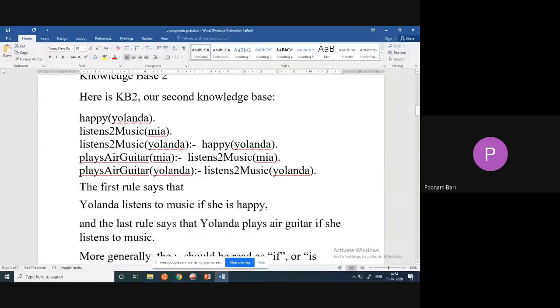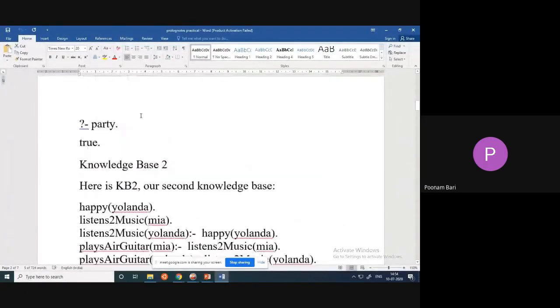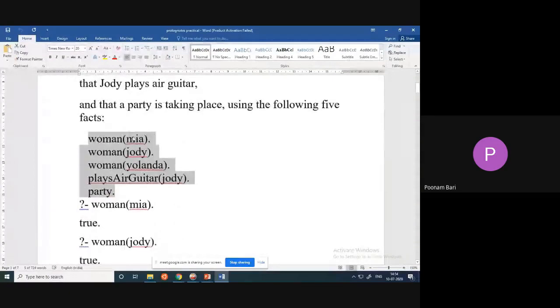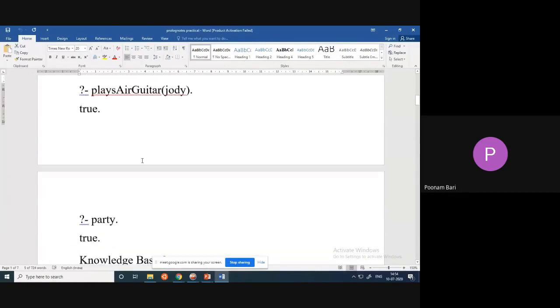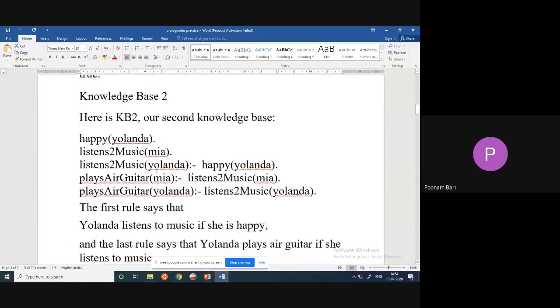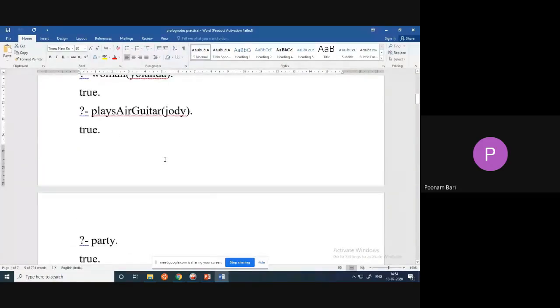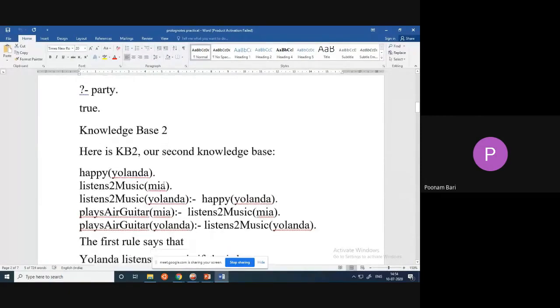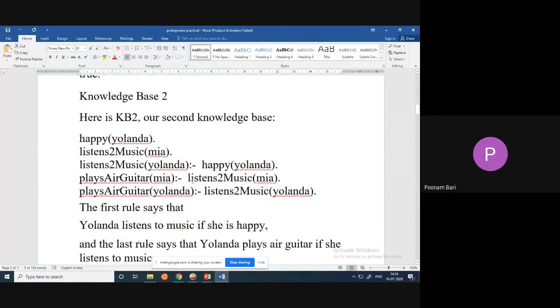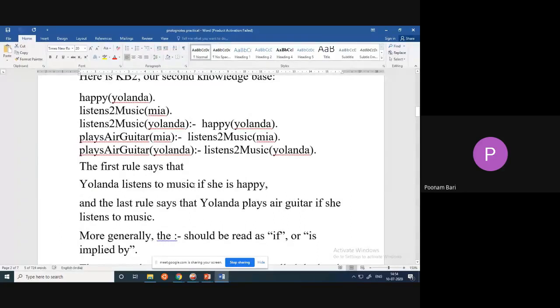Yolanda plays air guitar if Yolanda listens to music. In the first knowledge base, you can ask students to go for facts first. Then in the same practical session, after knowledge base 1, that means only facts, you can go for the second file, that is with rules, and ask them to execute that.